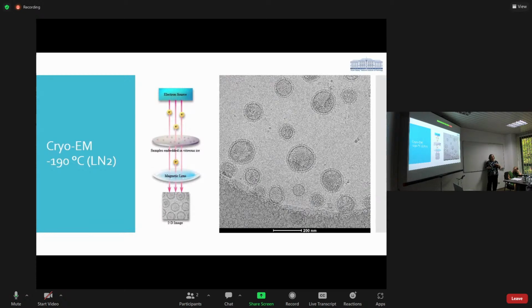So we have no need to put different heavy metals or chemicals to have a contrast, because we have this technique